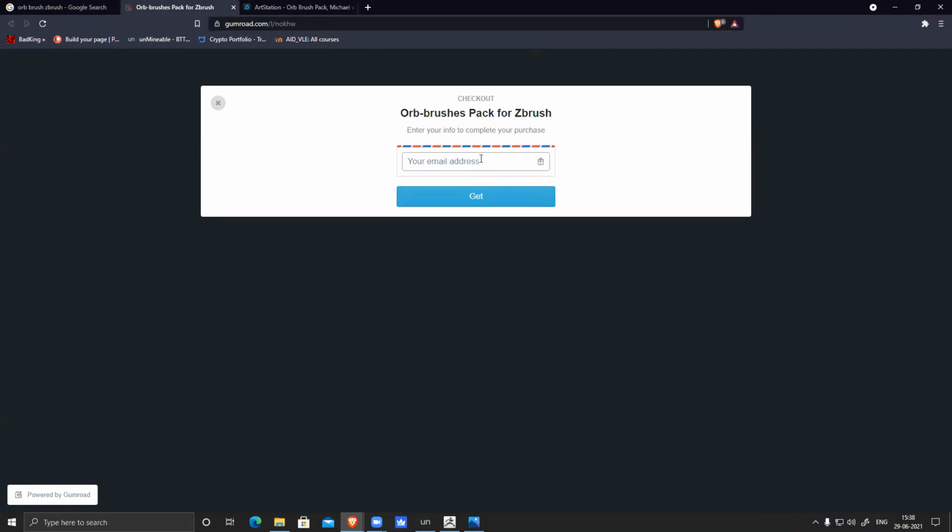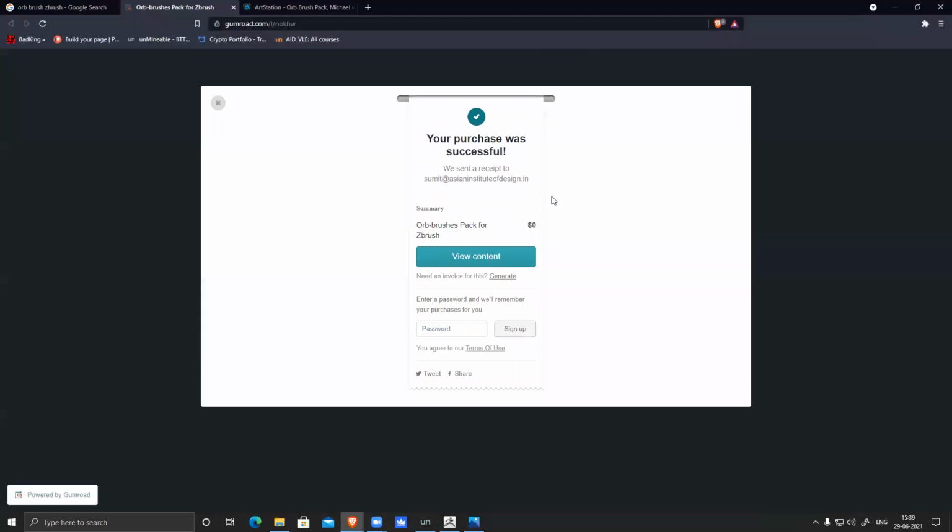Put your email ID. And get it, and they will mail, or it will start downloading. Previously it used to send you a mail, and there is a place where you can download.